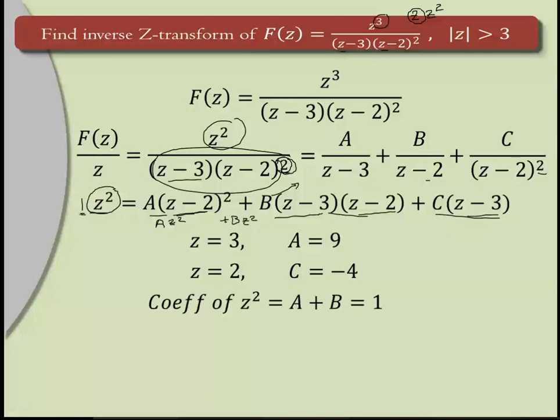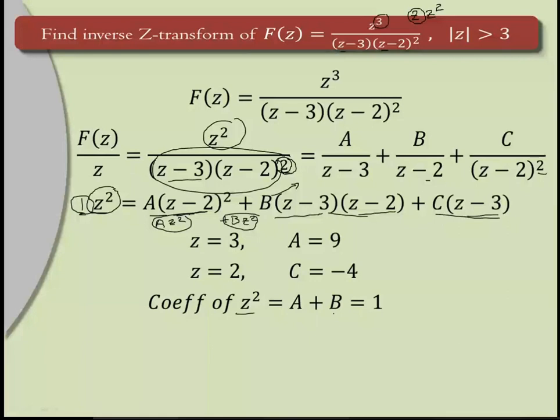So just comparing the coefficient of z square from both sides. If you want, you can expand this and then write down the terms, or directly by looking at the term you can understand which terms are z square terms. Opening the bracket, this becomes z square into a. If you multiply these two brackets, z square into b. There is no other term with z square. So only these two terms are there. A z square, b z square. And on other side, the coefficient of z square is 1. So a plus b is equal to 1, comparing the coefficients of z square.